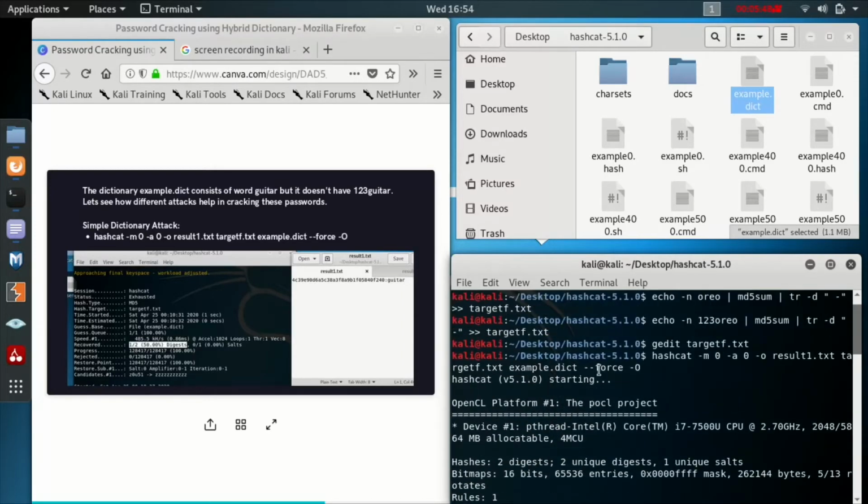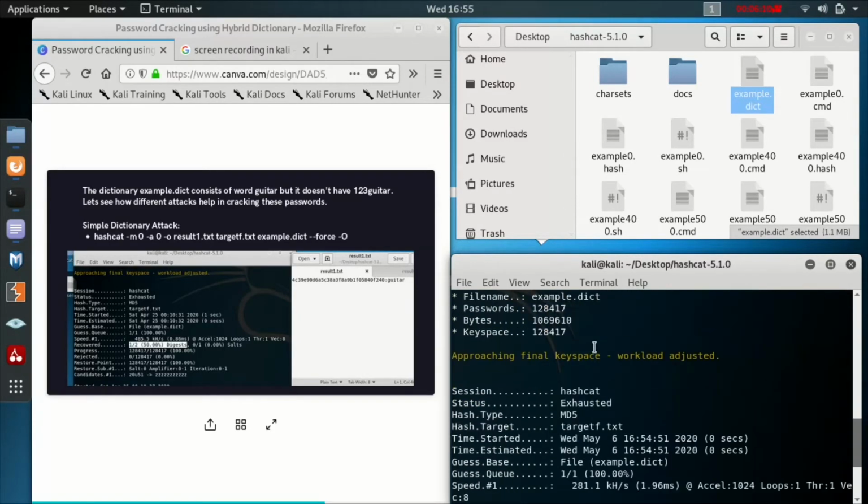See, it is using the CPU, and we use the dictionary file. We compare the hashed values of the example dictionary file and the target f hash values, and if the hash values match, then it's the same word basically.